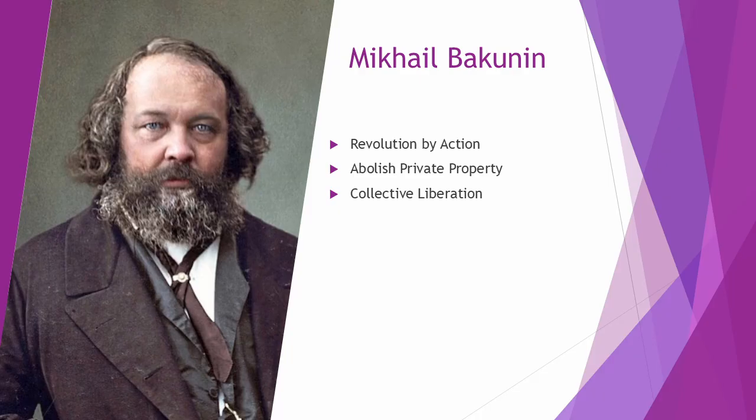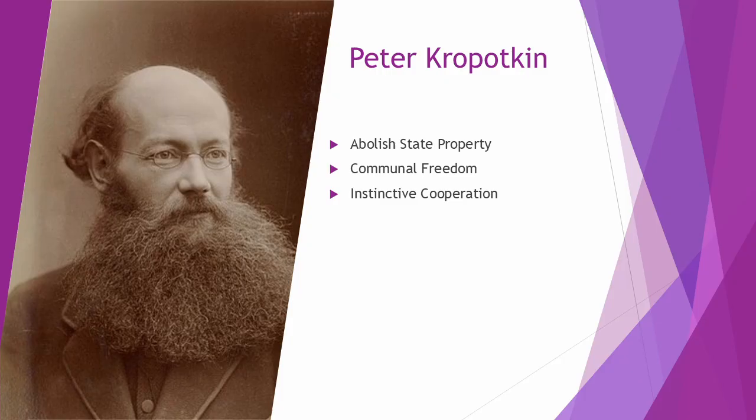Mikhail Bakunin's view on society is that social life should be based on mutual aid and solidarity. Mikhail Bakunin's view on the state is that it is inherently oppressive and must be abolished. The ideas of Peter Kropotkin are the scientific basis for mutual aid and revolution to abolish the state and private